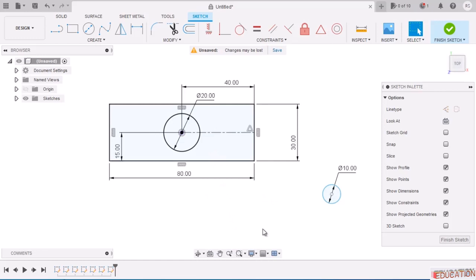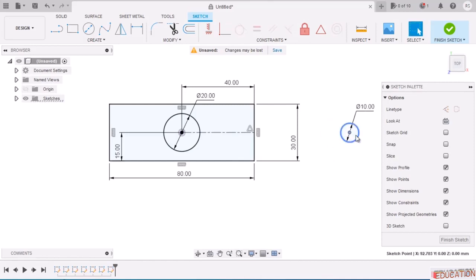So we can use that as a reference element. Now let us go for the coincident constraint, which is this. Click on it. We'll take this point and this line. You can see that point has been coincided with this line, but it is very far. Press on the escape key,